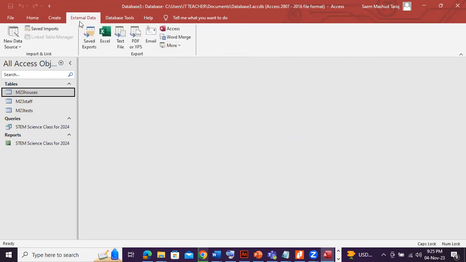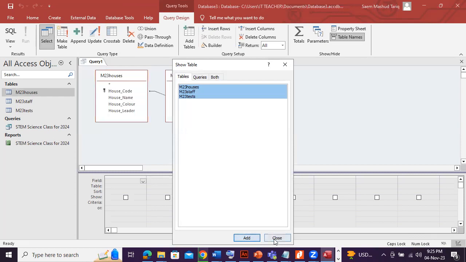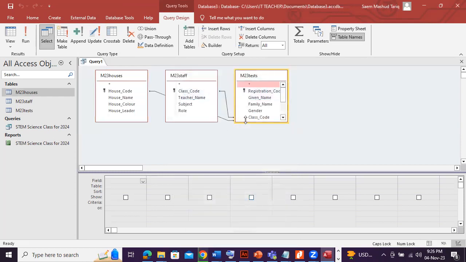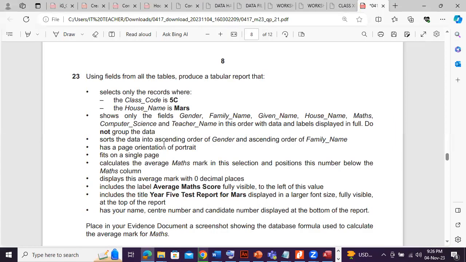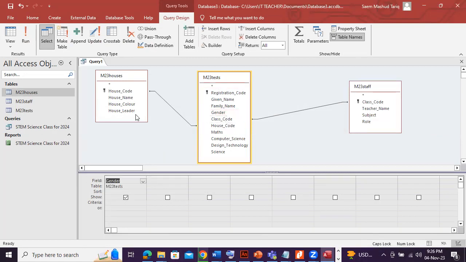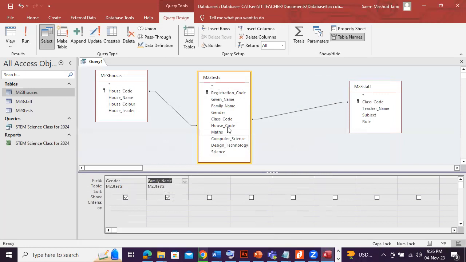By now, you should know this. So I go to query design. I add all the tables again. Let me just arrange this. Hold on. And what we'll do is, now select all the records. Obviously, this I can do once I have added the records. So again, we have to add the following fields. So gender, family name, given name,